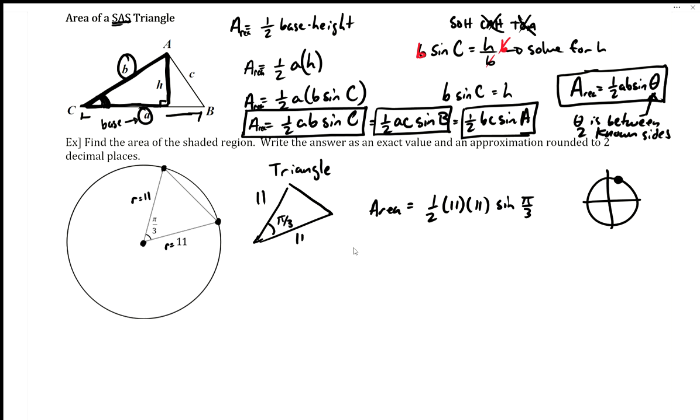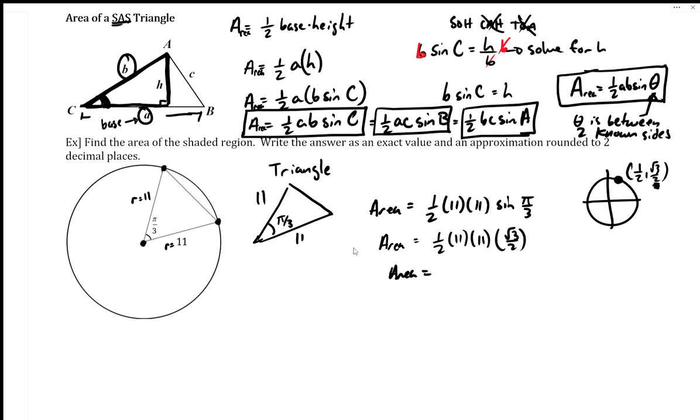That's close to the y-axis in quadrant 1, so it is radical 3/2. So the area of the triangle part is 1/2 times 11 times 11 times square root of 3/2. Okay, so sine of pi thirds we could do, so we did it. And then we would just say, well, 11 and 11